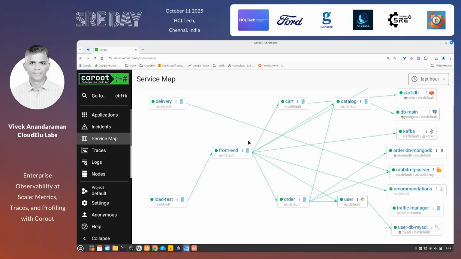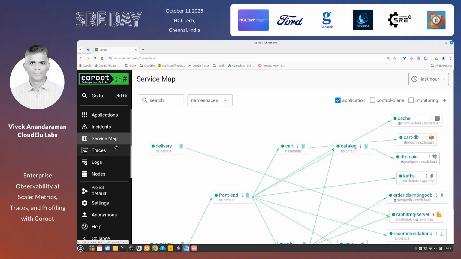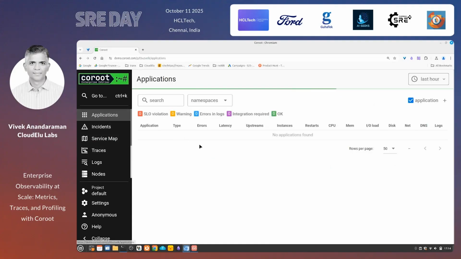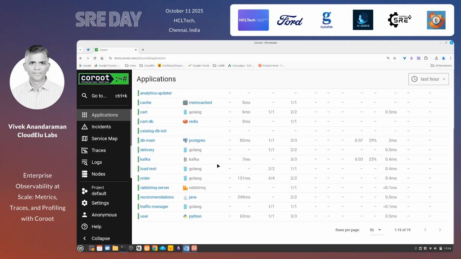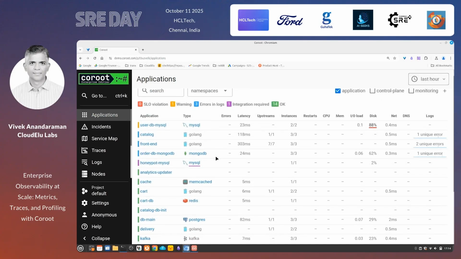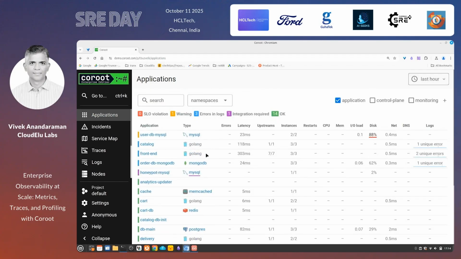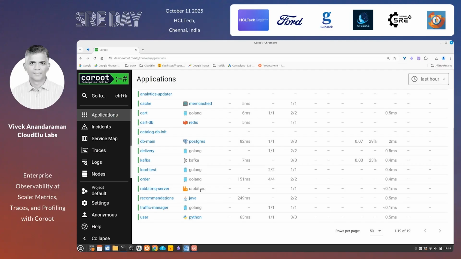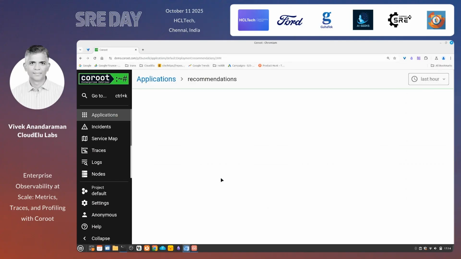Yeah, you can see the service flow here. And let's go with a particular Java agent. You can see all the languages that are detected, the databases, all these things, right? So if you go to this service,